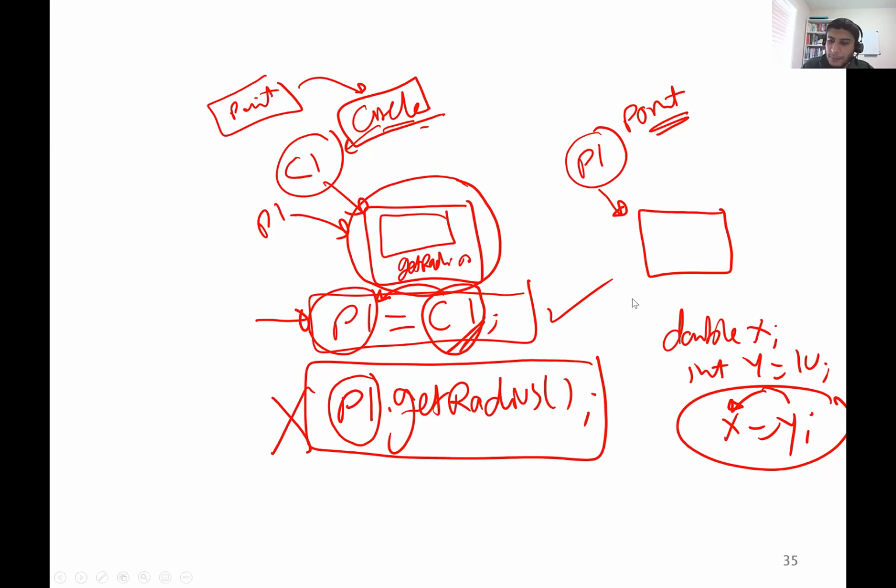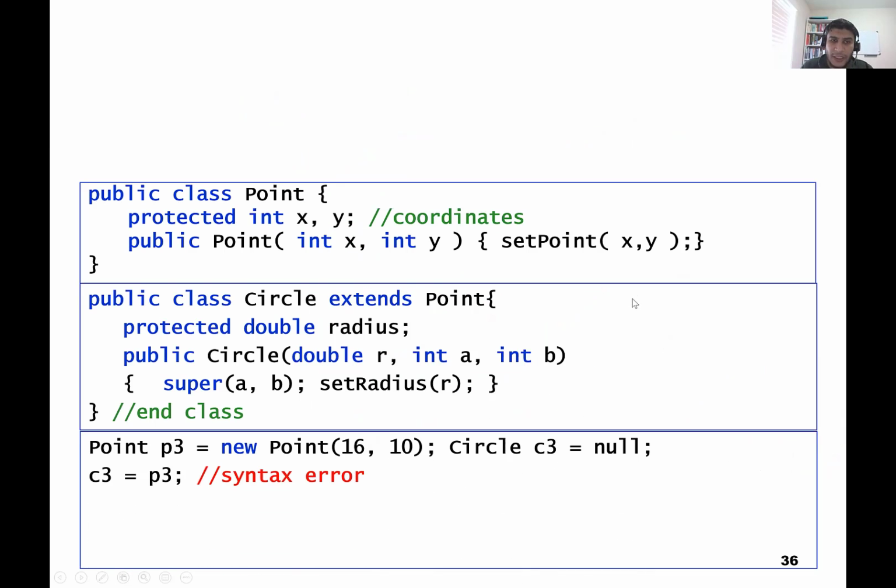Good. So going back to the example, first of all, I define B3 to be an object of type point. Then if I say C3 equal B3, which is the other way around, assigning something of parent type to a circle type, which is a child type, that's not allowed, because remember, this is narrowing down. It's like saying from double to int, you have to cast yourself. So, well, here you can cast, right? So doing something like this